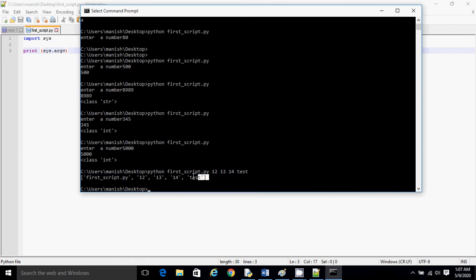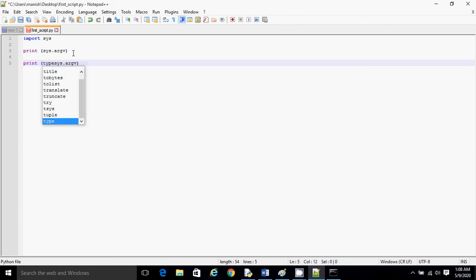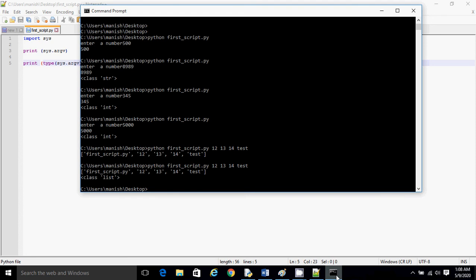Let's see. See this. It got printed as a list, and if I'm saying list, why am I saying it? See this. We can check what is the type of sys.argv. So if you run this now, it's a type list.